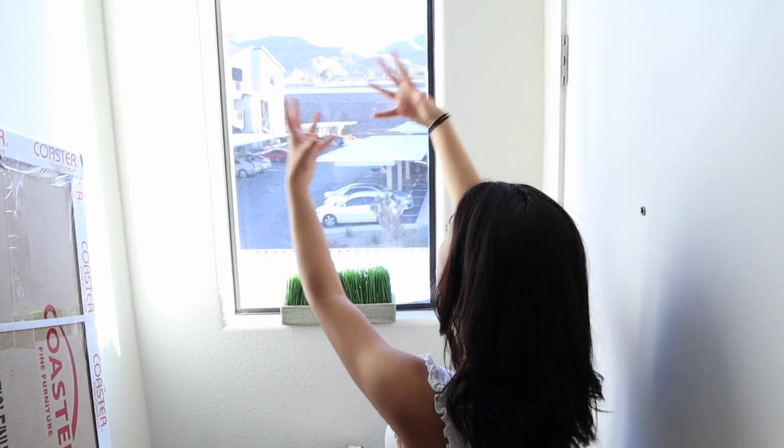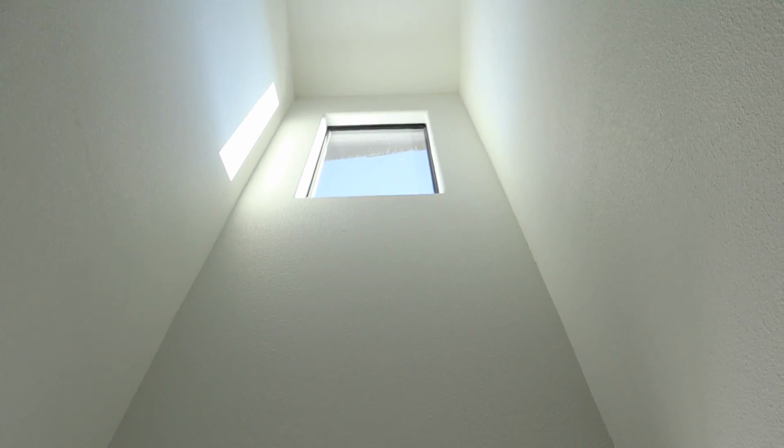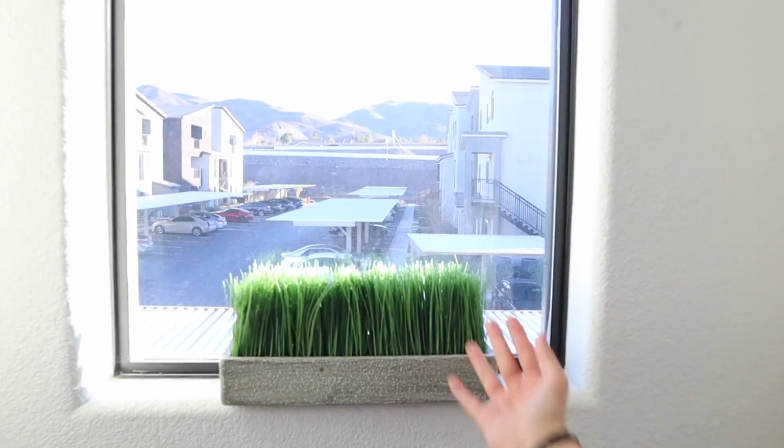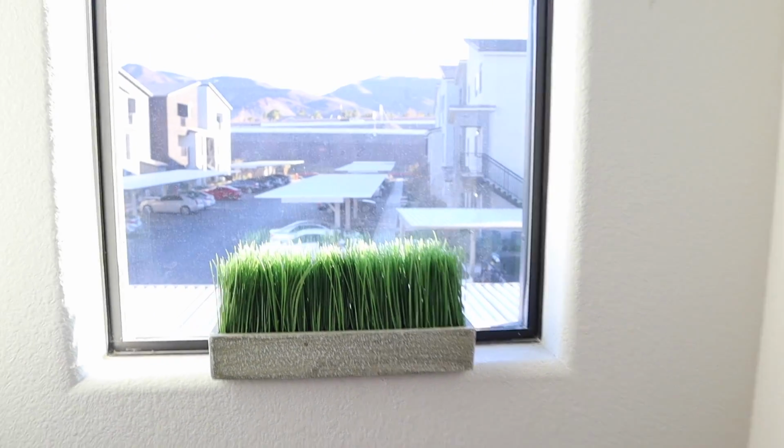Hello everyone and welcome to my crib. So first things first, we have these two giant beautiful windows. Thank you, cameraman. In this window, I just put this nice little IKEA plant and I thought it would look perfecto. Thank you. Look at the view. It's a little...